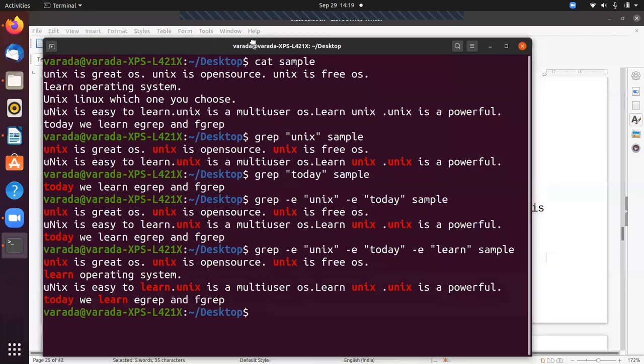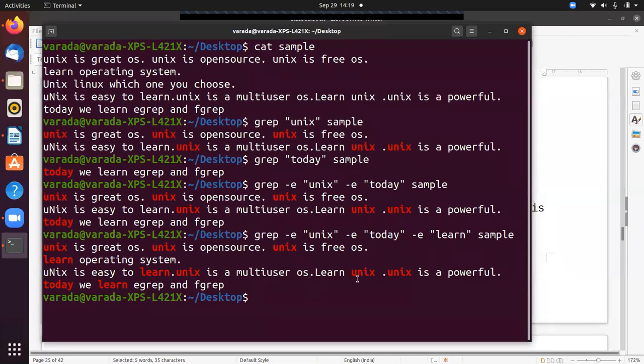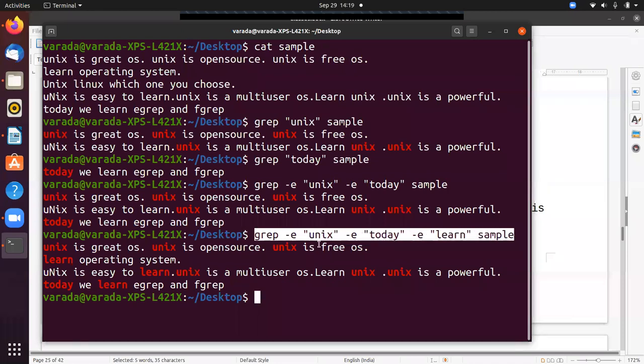At a time I can give more than one pattern with the help of the hyphen e option.